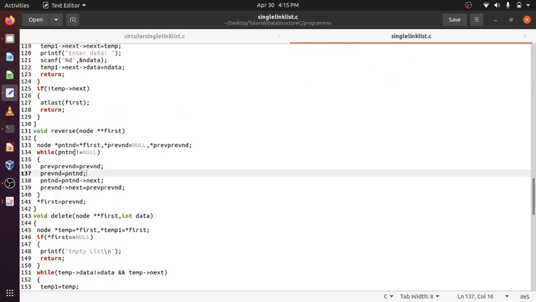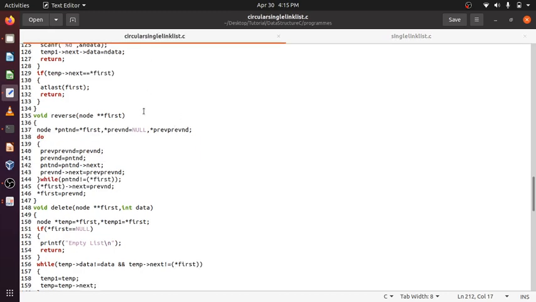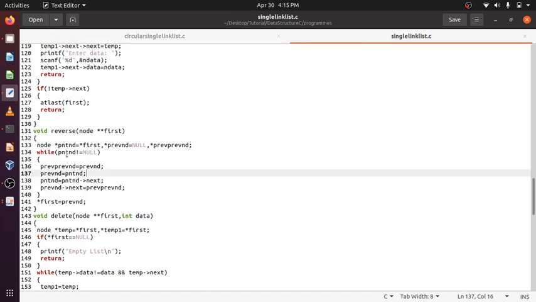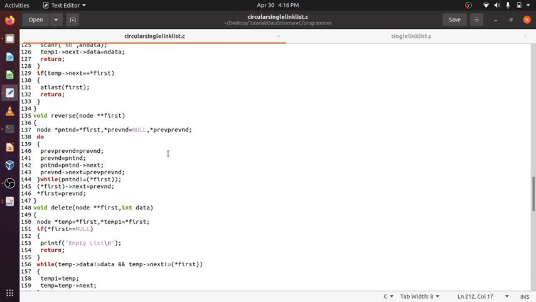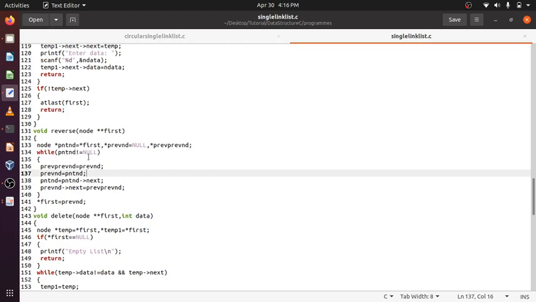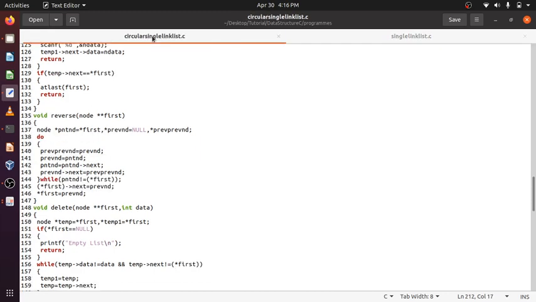Here I have used a simple while loop. Again it's the same thing. Present node will be pointing to first, previous node will be pointing to the previous node, and previous to previous node will be pointing to the previous to the previous node. Initially present node will be first. Here, for the last element, present node not equal to null I need to iterate, but here not equal to first, because the last node in a single linked list will always be pointing to null, so I know it will be null, but in a circular linked list the last will always be pointing to first.